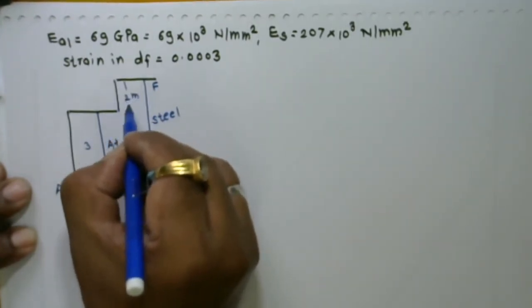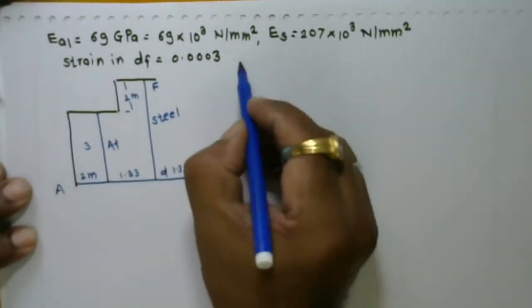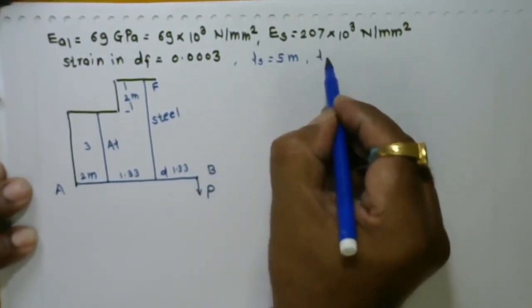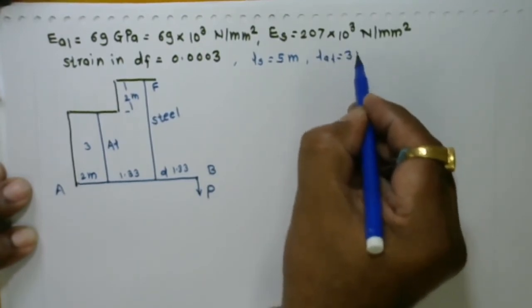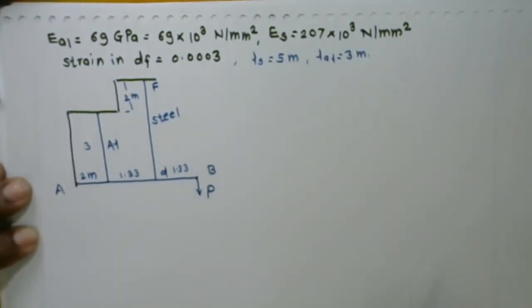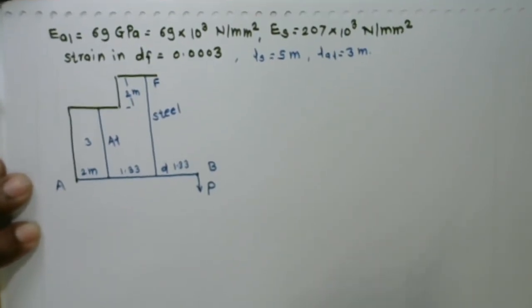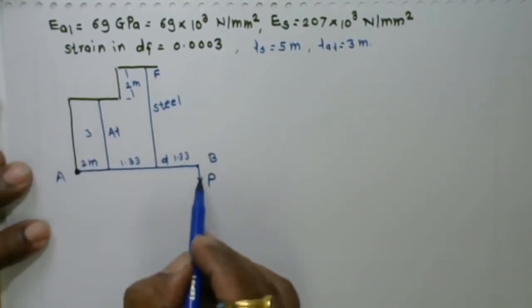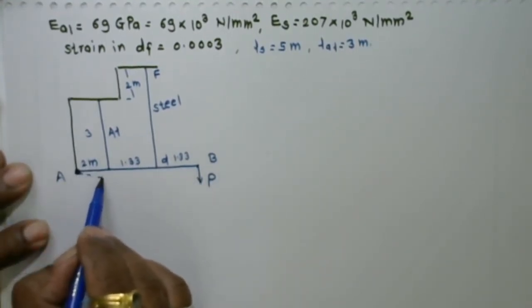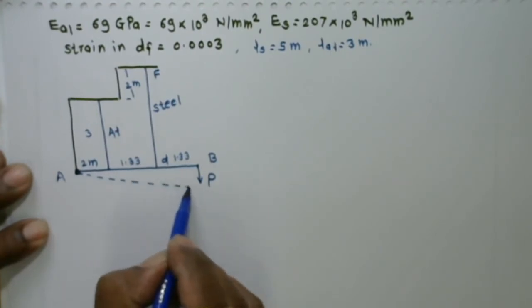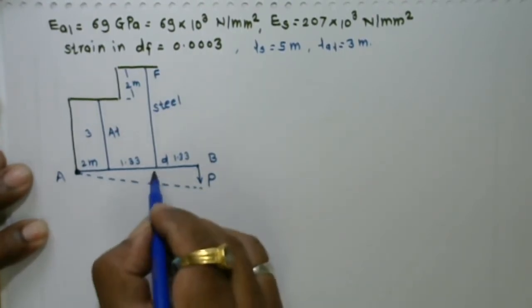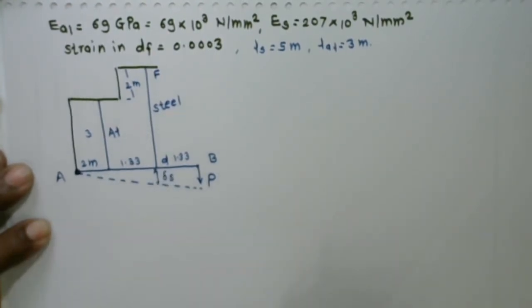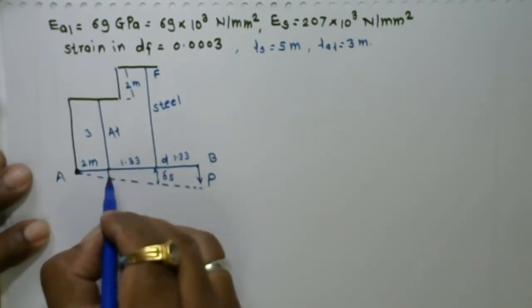These dimensions 2 meter, so steel having the length 5 meter, aluminium having the length 3 meter. Okay. Now in that case, when the deformations will take place in that side, when the force P is acting, at that time this bar may deflect in this manner. So if I say here these dimensions, this is the length of the deflections of the bar steel. Here this deflection